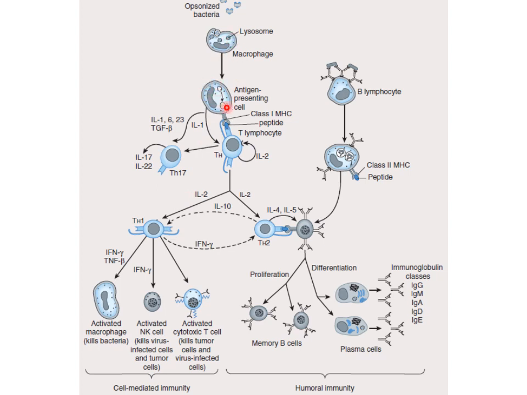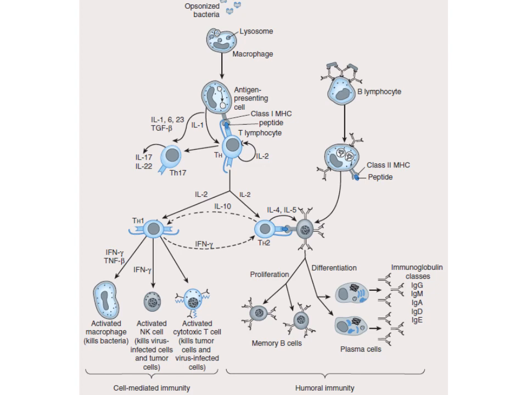After presentation of the antigen on the MHC complex of the APC to the T cell, the T cell becomes activated, and this activated T cell differentiates into Th1 and Th2 cells. Also, this activated Th cell releases interleukin 2, and this interleukin 2 stimulates Th1 and Th2 cells. So interleukin 2 is an important mediator for the further activation of cell-mediated as well as humoral immunity.